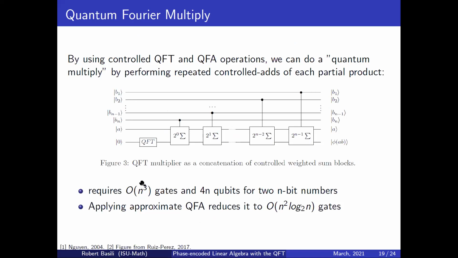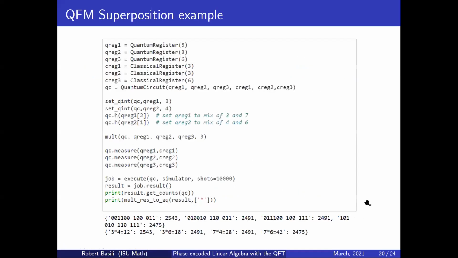So this process requires n cubed gates, and as I said, 4n qubits for 2 n-bit numbers. And if we apply the QFA, this is brought to n squared log 2n gates. So this is just a quick example, because so far all of the data I showed you was doing classical additions. I just wanted to demonstrate real quick using the multiply, for instance, the quantumness